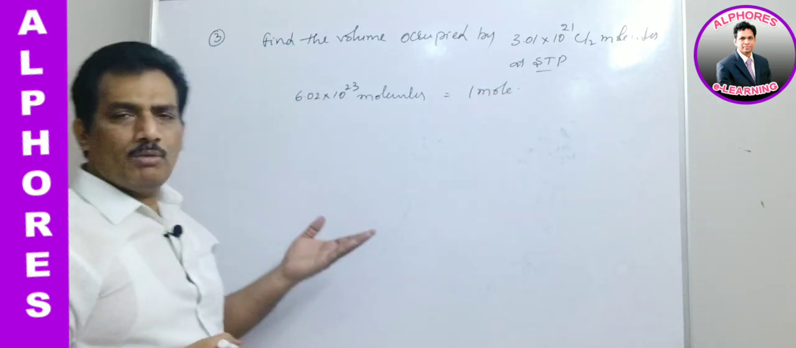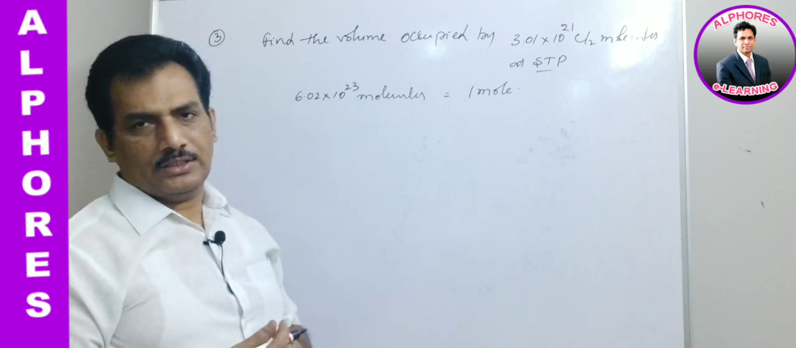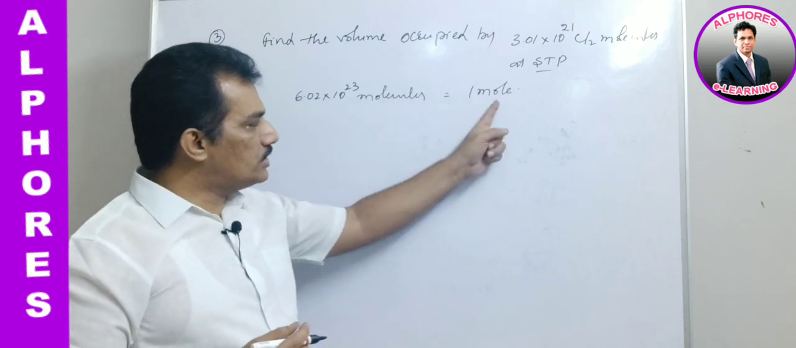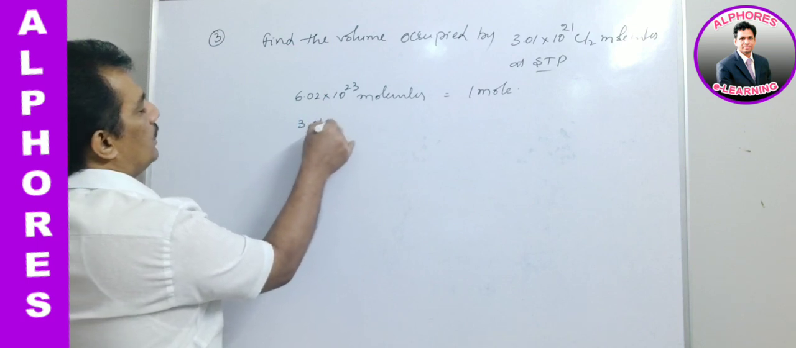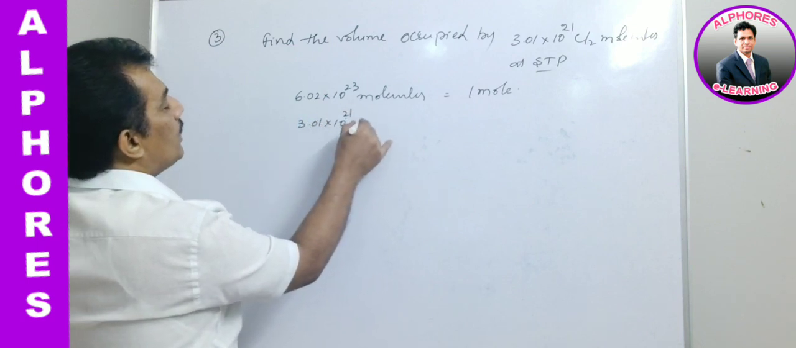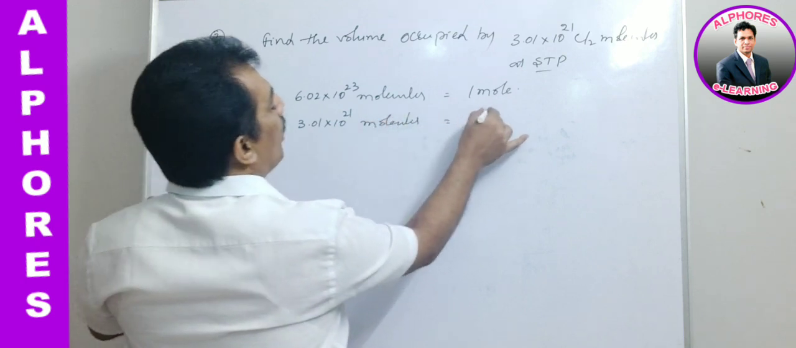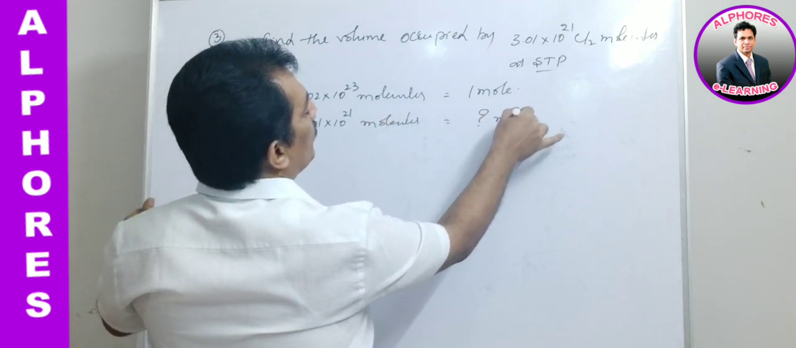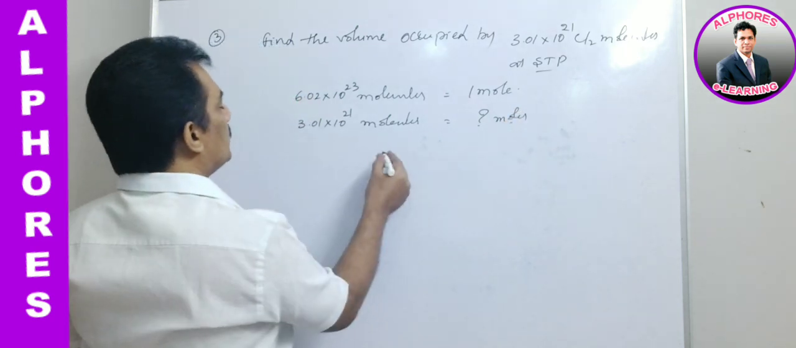Already we know Avogadro number of molecules is nothing but 1 mole, that is equal to 1 gram molecular weight. So Avogadro number of molecules is 1 mole. Then 3.01 into 10 to the power of 21 molecules is equal to how many moles? First we have to find it. How to find? It is nothing but